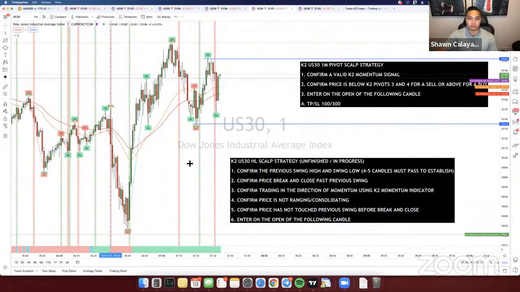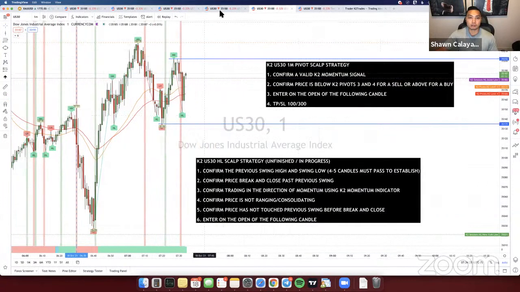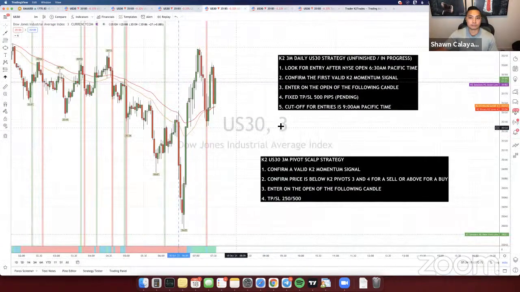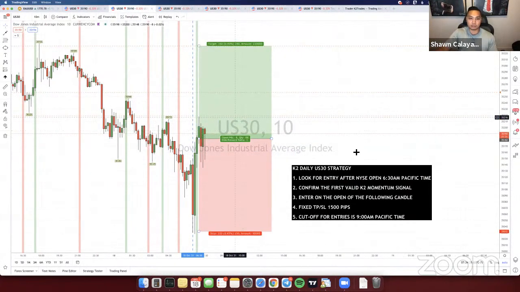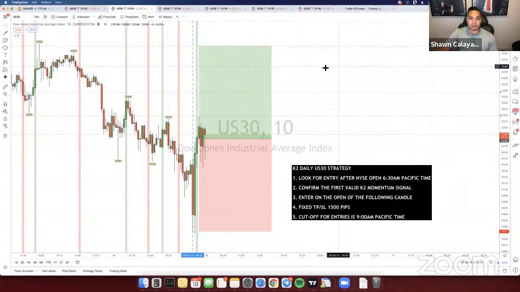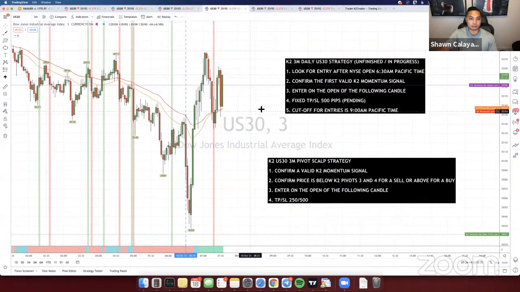Let's see if there's anything else for me to look at here. All right, so really nothing available. The daily strategy, or the daily entry, is still running right now. It hasn't hit TP or anything like that. I think the majority of people are in this. I don't think anyone took the 3 minute aside from, I think, just Eric, who was referring to it, but I was still hesitant on taking that trade